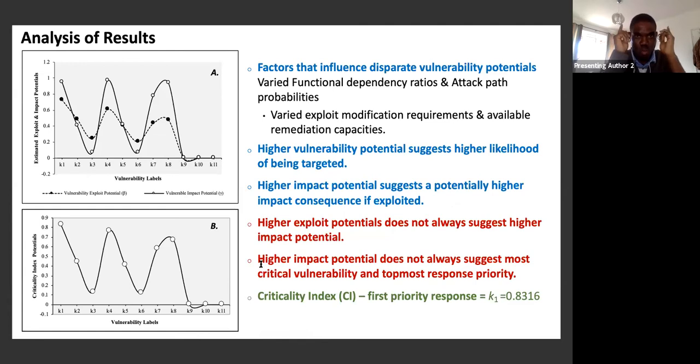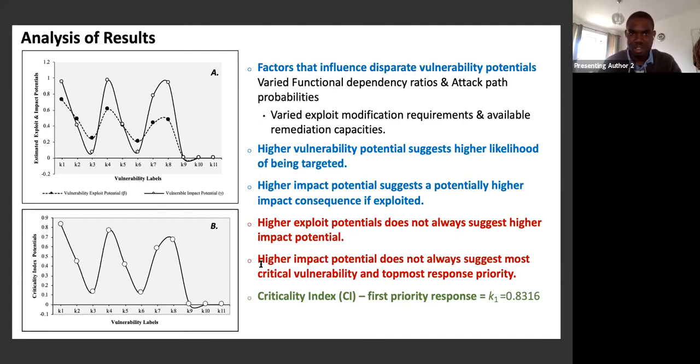in all of this. One is that we see that higher vulnerability potential suggests higher likelihoods of being targeted. And then we also see that higher impacts suggest a potentially higher impact consequence. Now, the key things that we want to bring out are the ones highlighted in red. And though we said higher exploit potentials do not always suggest higher impacts. And this can be seen